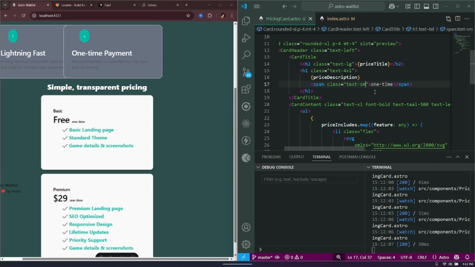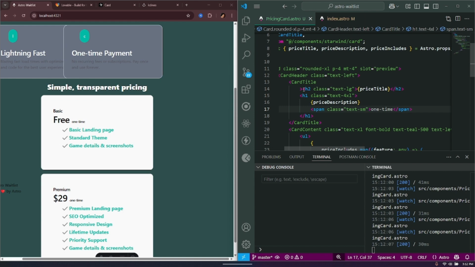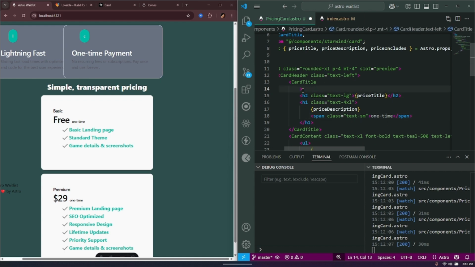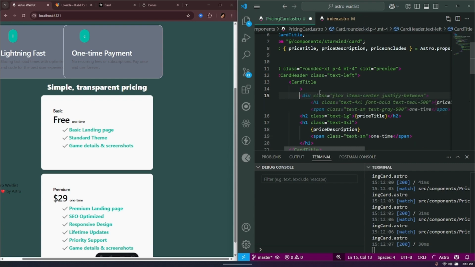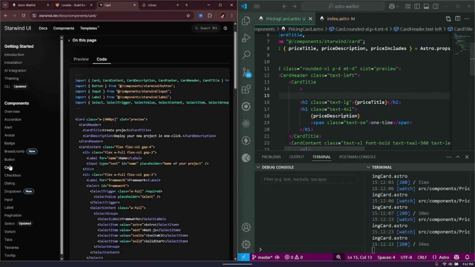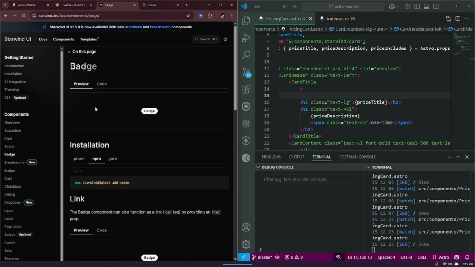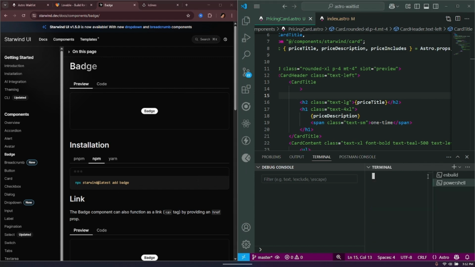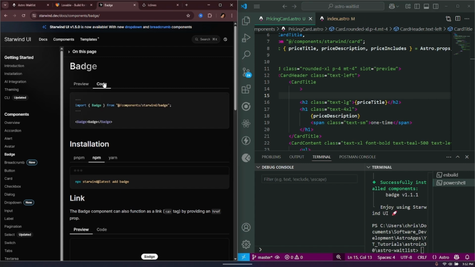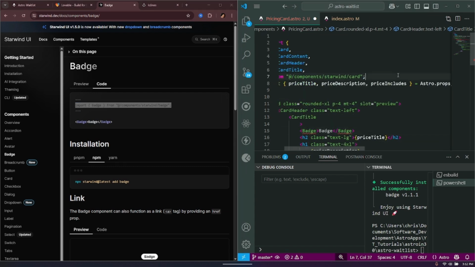So we will add the badge at the top here. And we want to add a badge from Tailwind. So we can open a new terminal so we can install that badge. Awesome. And now we can use the code. And import the badge at the top,